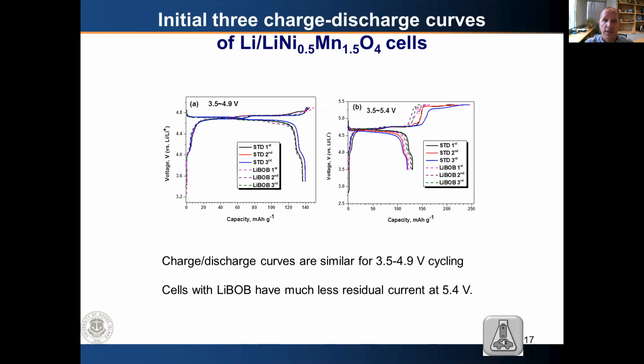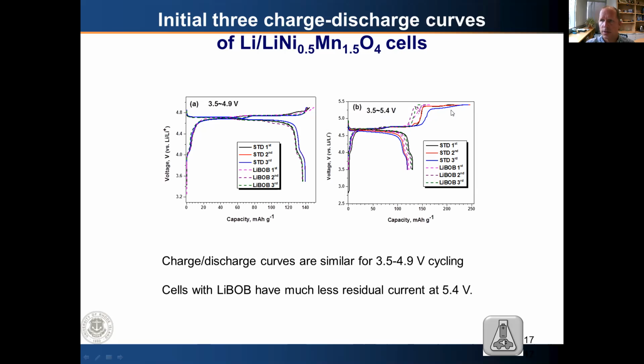So if we look at the comparison of the initial 3 charge discharge curves for lithium nickel manganese oxide high voltage spinel cathode cells for the standard electrolyte formula versus the LiBOB formula, and if we look at the lower potential only going up to 4.9 volts, we see fairly similar charge discharge curves. However, if we go to a much higher potential all the way up to 5.4 volts, you can see that with the LiBOB the current basically stops and you don't have a lot of residual current occurring up here at the high potential. However, without the LiBOB, with the standard electrolyte formulation, we see a large amount of residual current flow